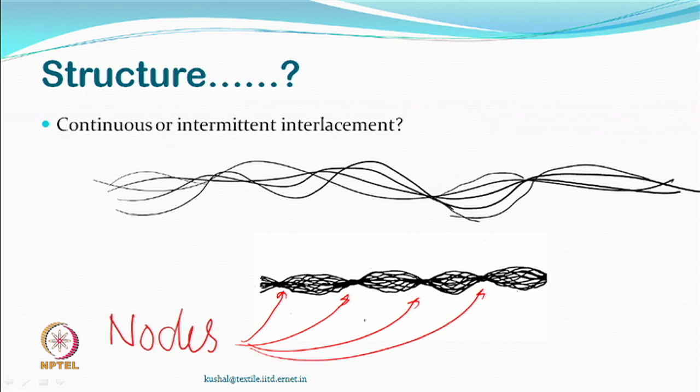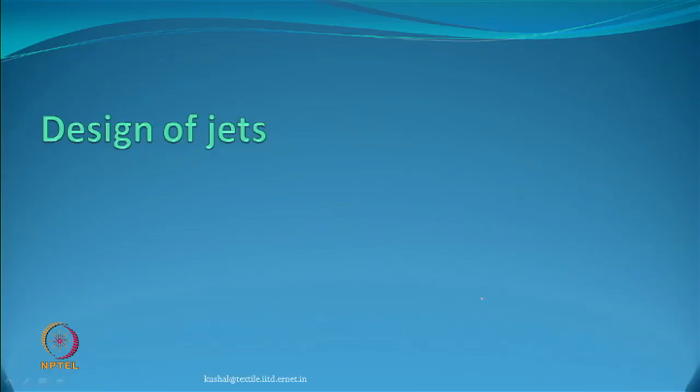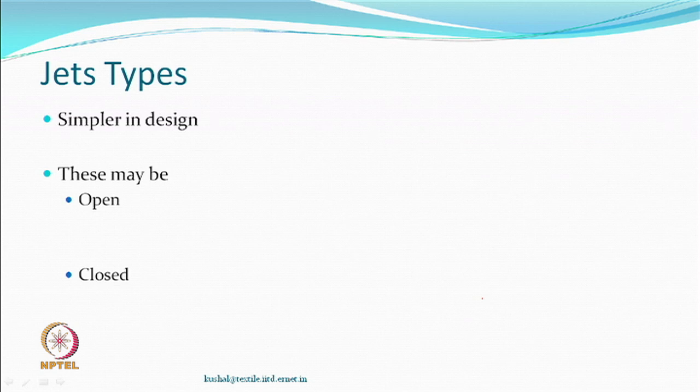So, in general, some simpler structure like this is required. So, obviously, maybe you do not require high turbulence, maybe you do not require high pressure, but actually people thought that they would like to make these jets as simple as possible, because this is just some work. It is expected that design would be simpler and the jets could be completely open or closed. So, they tried everything. Open means what?